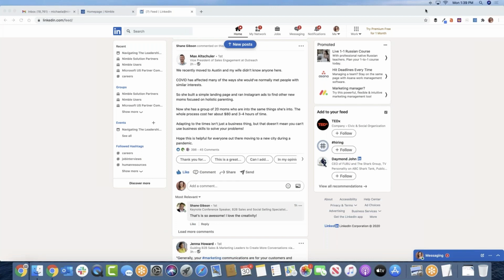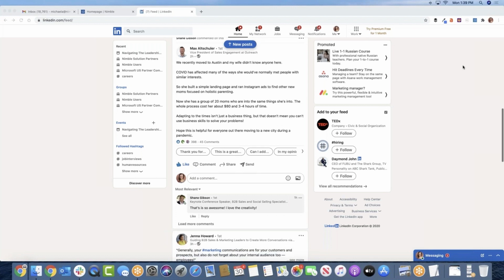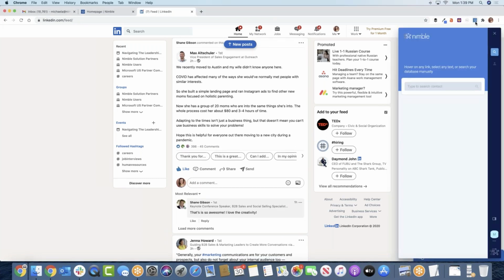So I should be showing my screen now. What Jim is using is called Nimble Prospector. It's a browser extension to Nimble, and the whole point of us creating this extension was to allow our users to use their CRM where they're actually working. Most of us are working on LinkedIn or our inbox or somewhere else. We're doing research about our prospects on the internet, on companies' websites, and then we have to somehow capture all this information and put it into our CRM. That really takes a lot of time.